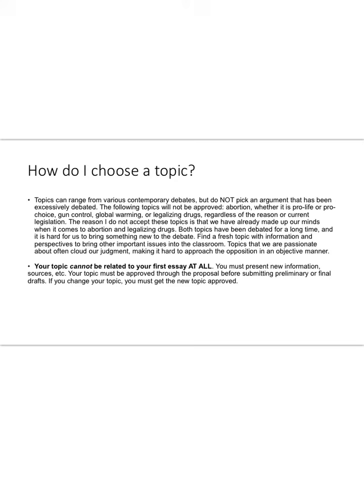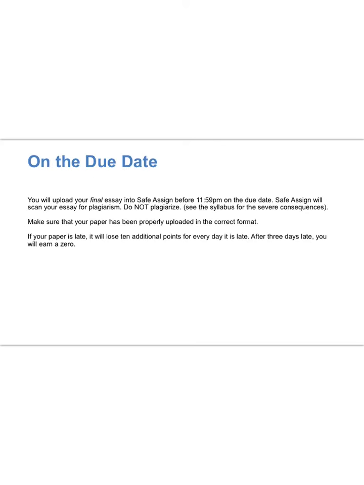Also, do not relate the second essay to your first essay at all. So if you wrote about anything pertaining to the internet or technology, write about something different, okay? That's just an example. But keep it fresh. Of course, if you wrote a paper for English 111 or you're taking this class again, don't write anything close to that, because you don't want to have self-plagiarism either, okay? If you're not sure about that, you can always email me before you get very far into the essay.